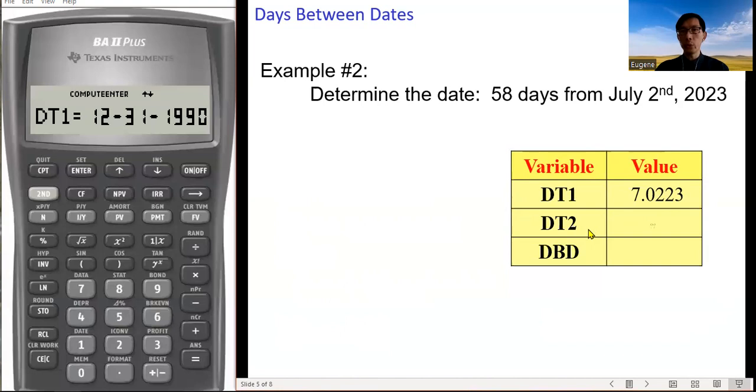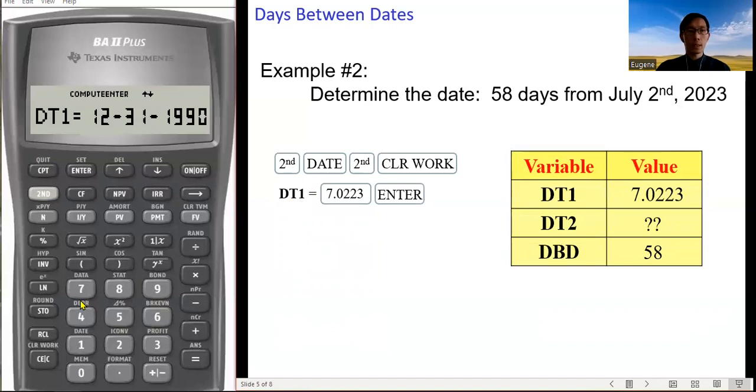For DT2, we need to determine the date which is 58 days from July the 2nd, 2023. So DBD is 58. Activate the date worksheet.